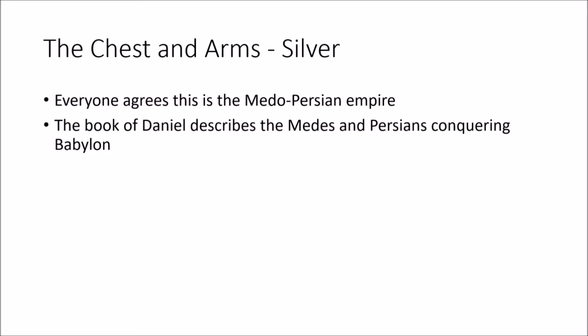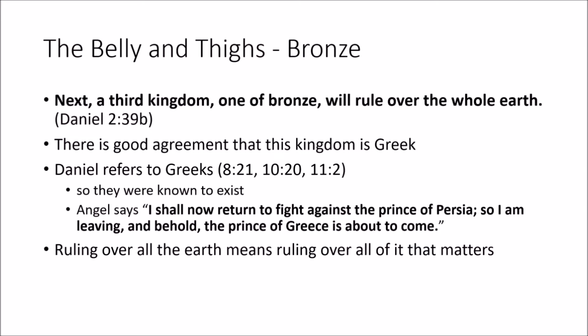The Babylonian Empire, as we talked about last week, came up very quickly, but was incompetently managed and became weak because of it. And the Medes and Persians stormed in and took it over during the time of Daniel. So the next one on the statue is the belly and the thighs, which are made of bronze. And there's still a very short verse on this one.